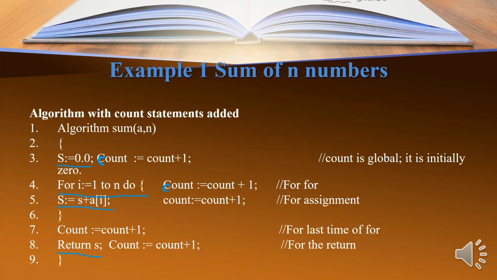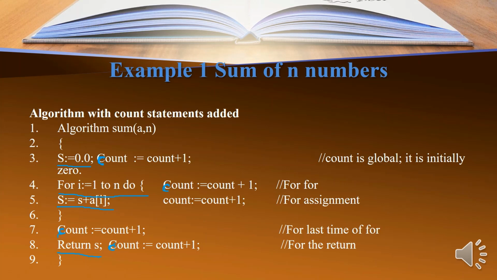So here also small c. Okay, so count is equal to count plus 1. So whenever it is an assignment statement, the program step will be 1. So count will be count equal to count plus 1, since the number of times this line is going to execute is 1 time. Every time the program runs, this is going to execute 1 time.